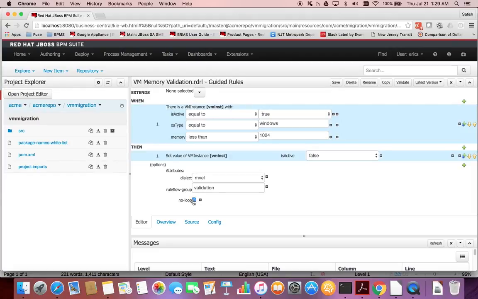an attribute called no loop. If you have multiple rules and each rule modifies something in the then clause, and that particular attribute is referred to in the condition of another rule, and that rule in turn modifies something in its then clause which is used by this particular rule in its conditions, then they will all be calling each other infinitely. To avoid that, we use an attribute called no loop. Right now it's not that relevant in our use case,